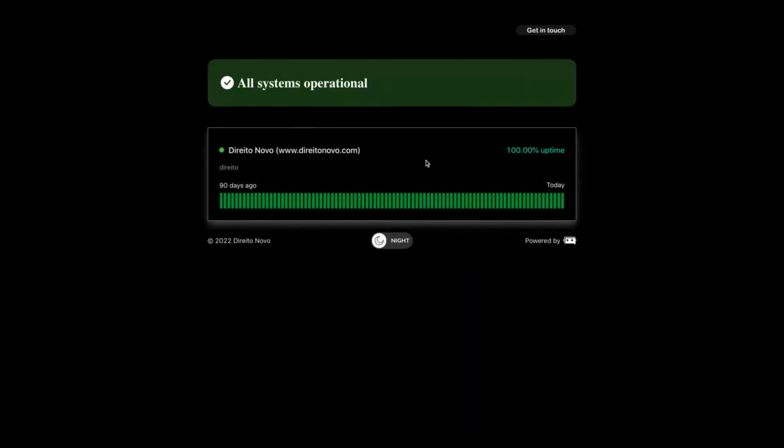So pretty simple. If you need an uptime monitoring tool, that one is perfect. They have many features. The one that I have is only for monitoring, but that one has much more features, much more kinds of monitoring tools. I think it's the most complete monitoring tool on AppSumo by now.